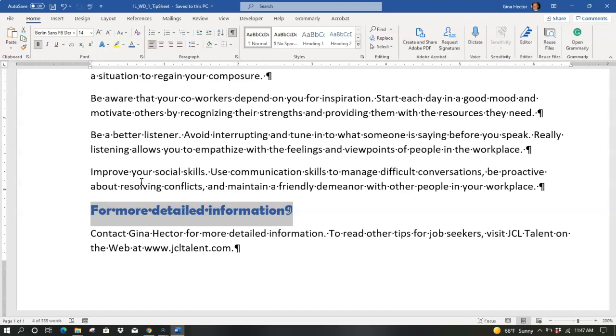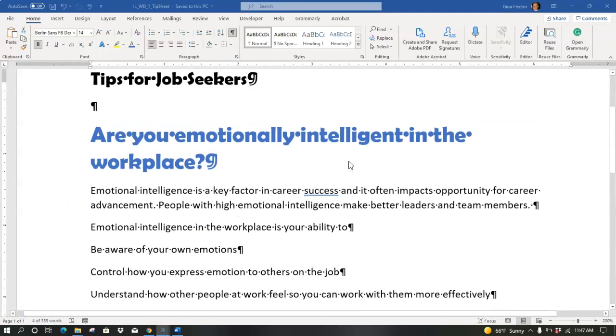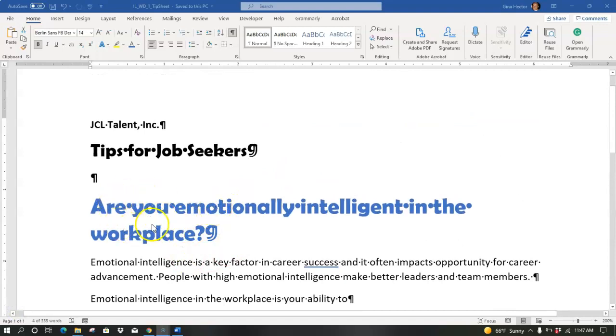Next thing we're going to do is talk about, oh, it looks like I missed a step there. Okay, so one of the things we did is we changed this "Are you emotionally intelligent?" to a very large size, forcing it to wrap around. But we like the big size font, but we're going to change our margins to try to get it to fit on one line. So remember, the default margins in Word is 1 inch top and bottom, 1 inch left and right. To adjust the margins, we can go to the Layout tab,